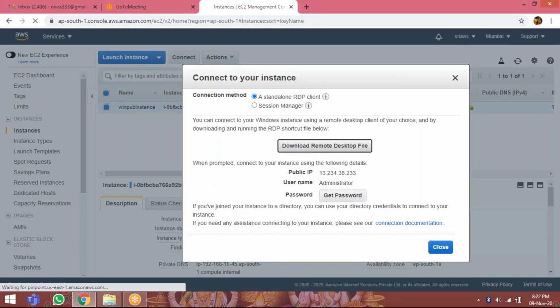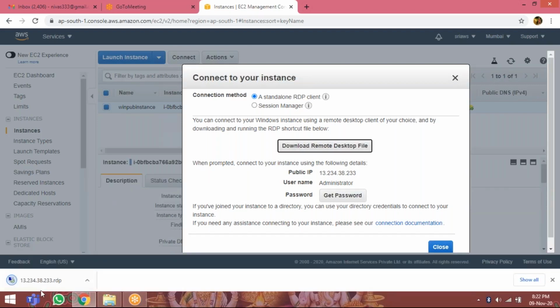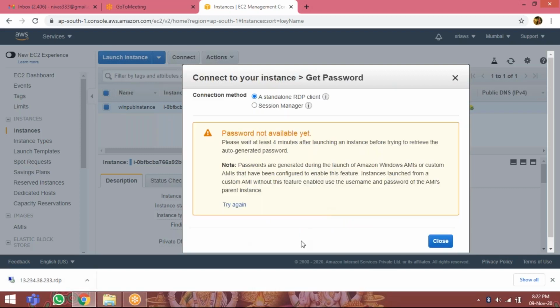Download remote desktop file. So the IP is 13.234.32.233. Click on get password. It will take some time, just 1 minute. Meanwhile, we are going to